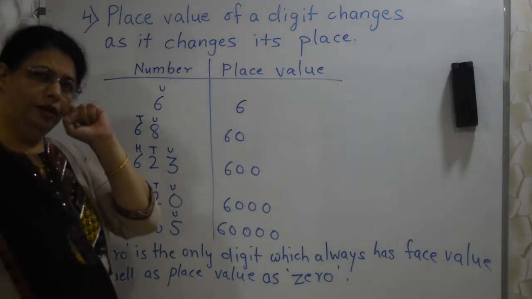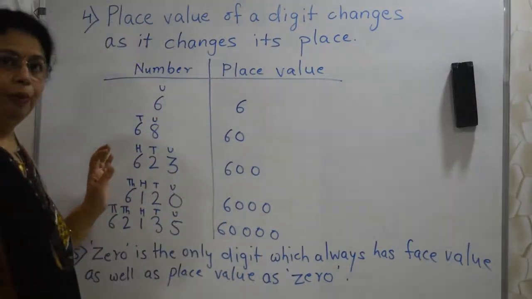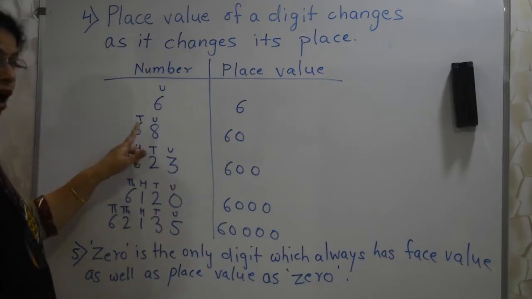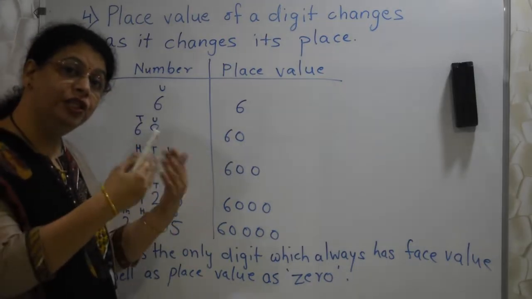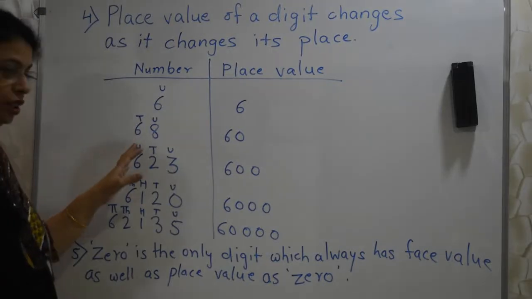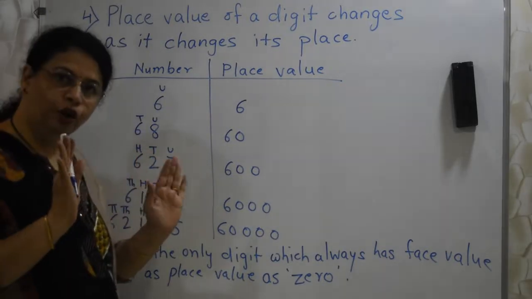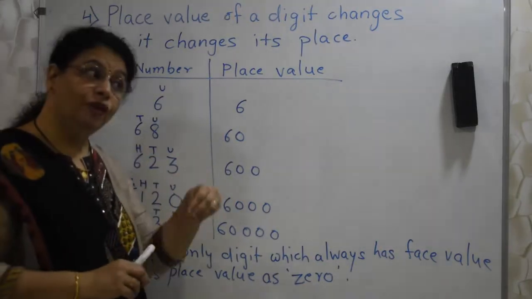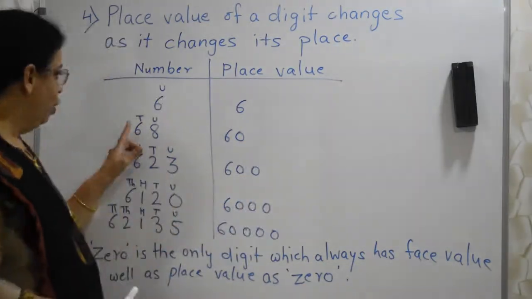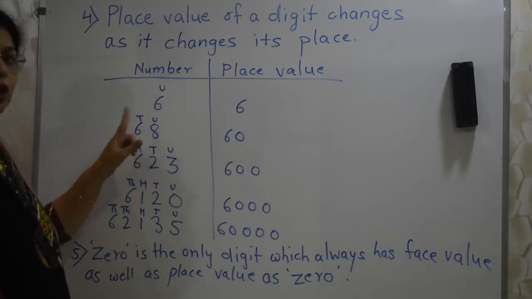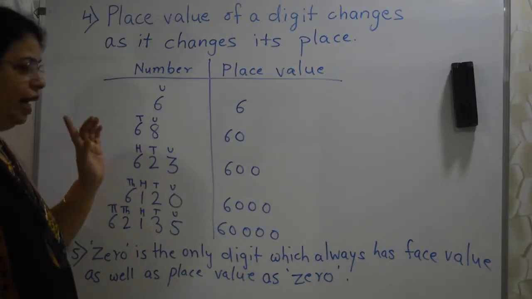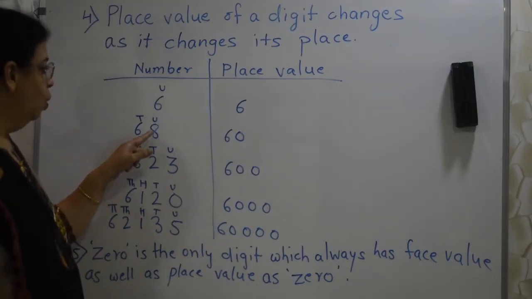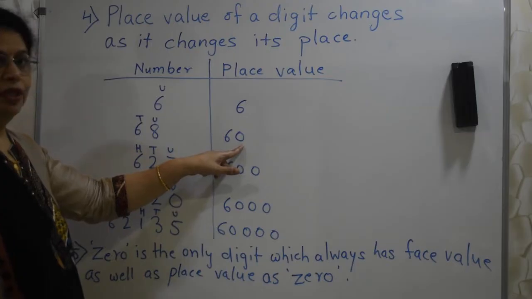One more trick I will tell you. Always remember while writing the place value, take that digit. After that digit, how many more digits are there? Count those digits. Those digits are not important for us to write down the place value. Only write down the number of digits after that digit. For example, after this 6 there is only one digit, that is 8. 8 is not important, but how many digits are there after 6? Only 1. So only 1 zero after 6.